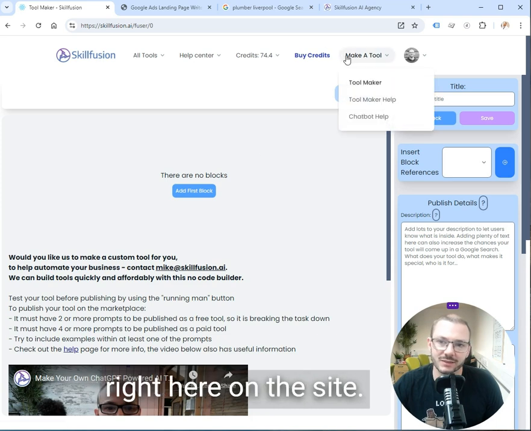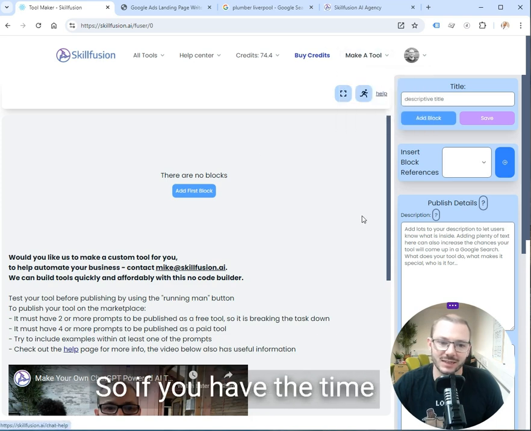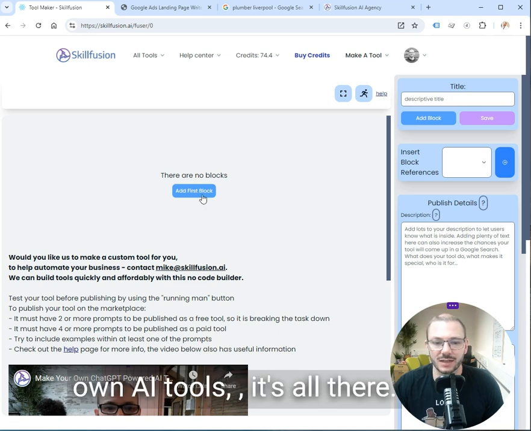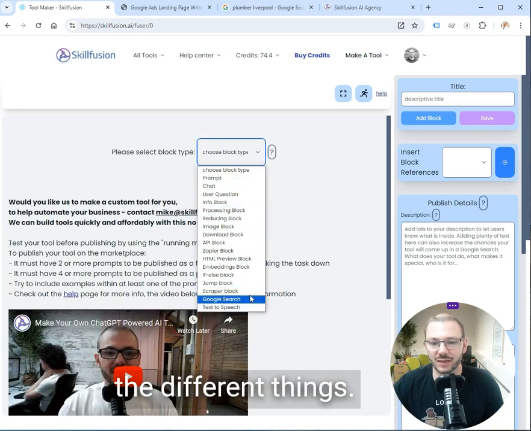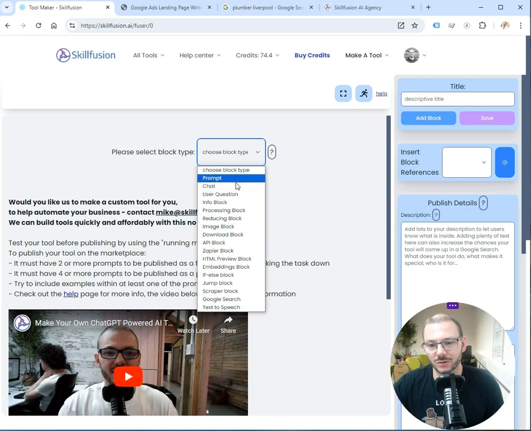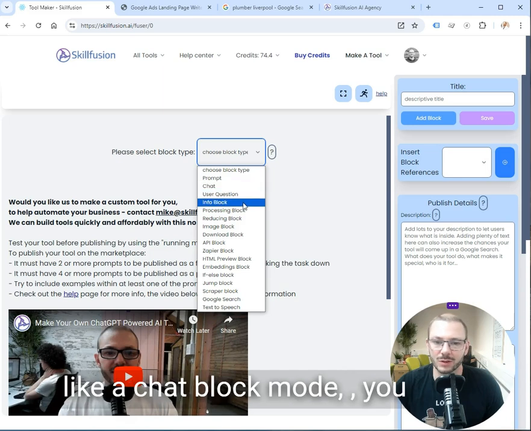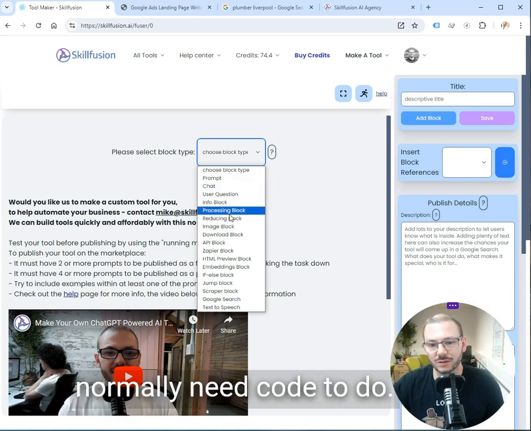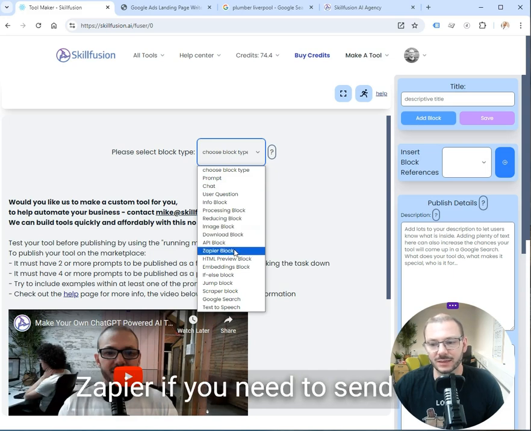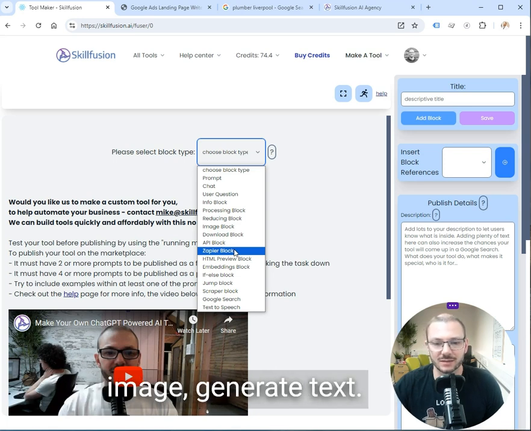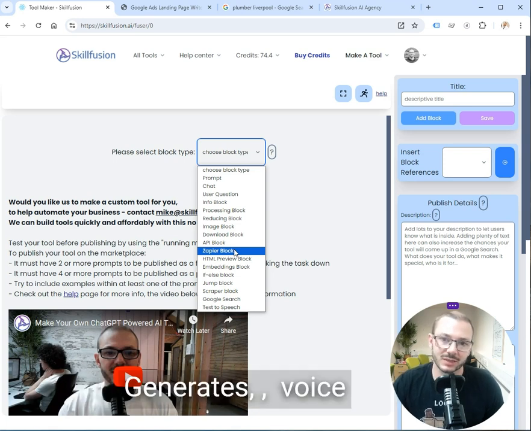We have the tool builder right here on the site. It's free to access. So if you have the time and you're interested in learning how to make your own AI tools, it's all here. You can ask the user questions, talk to the AI. You can have a chat block mode. You can do stuff that you would normally need code to do. You can connect to Zapier if you need to send information out to other places, like sending it to your website. You can generate images, generate text, generate voice recordings,